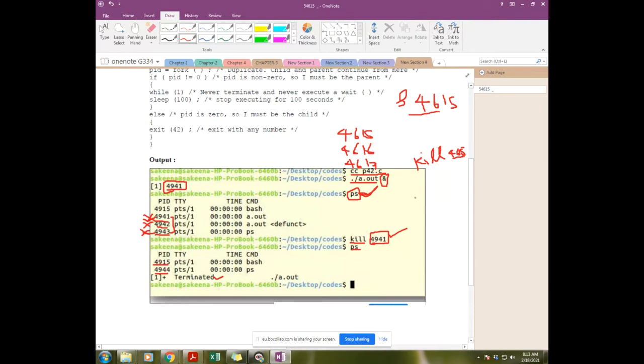So you write 4615, which means these three locations are automatically deleted from the computer. Understand? All students.